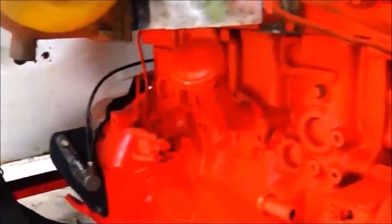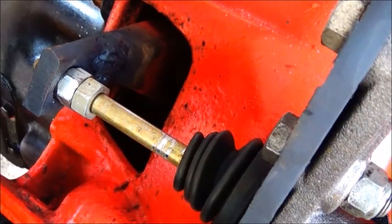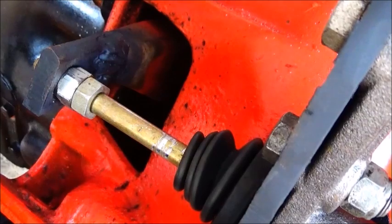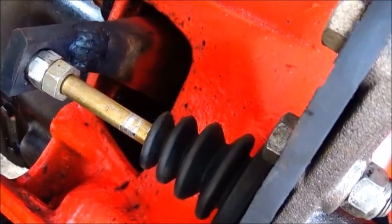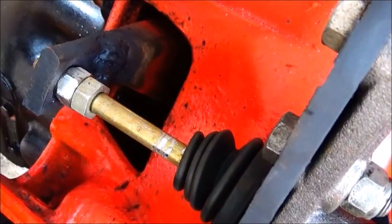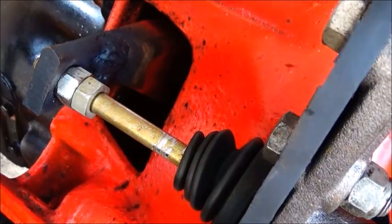And let me see, I'll set the camera up over here. Maybe you can tell me if it's moving all right or not here. I'm going to go hit the pedal and see how well it travels there. So we got that taken care of, and